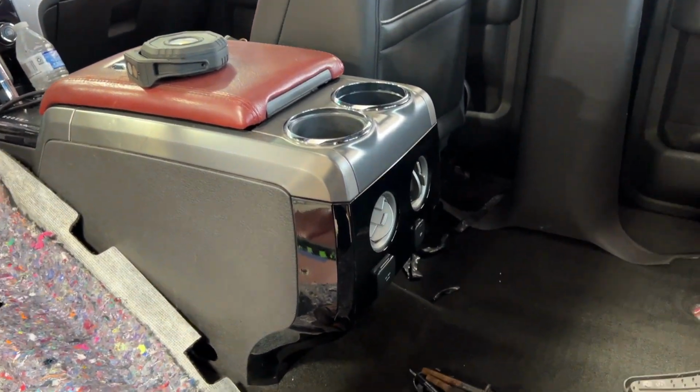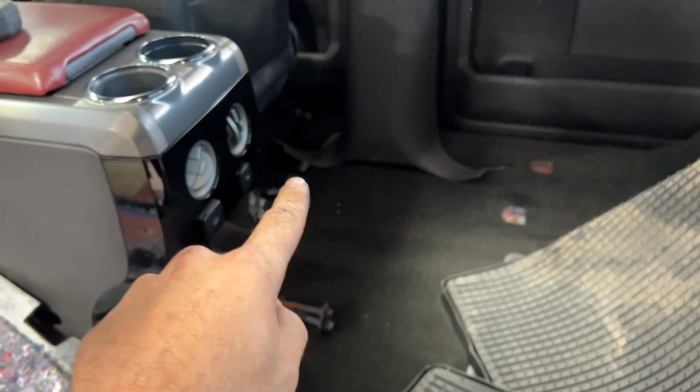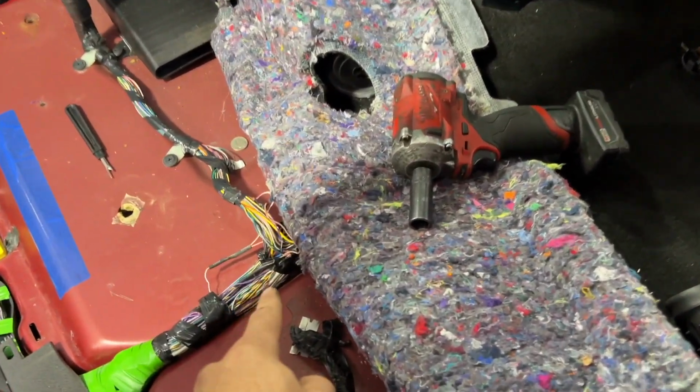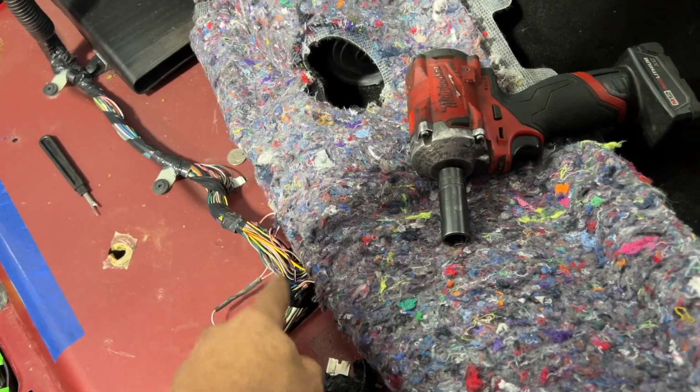I had power, it's a 7.5 amp fuse. Wire comes over here. I had power at the curve. I've seen where people said the wire where it curved would mess up and corrode, which it was fine. I had power all the way to here, and as it went that way, I didn't have nothing. So what I found was,